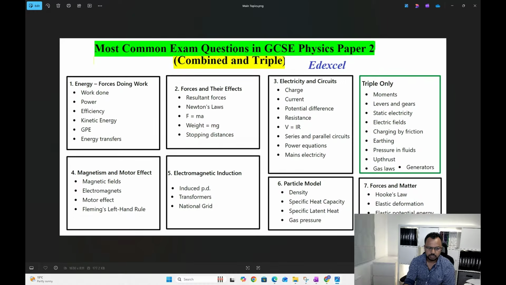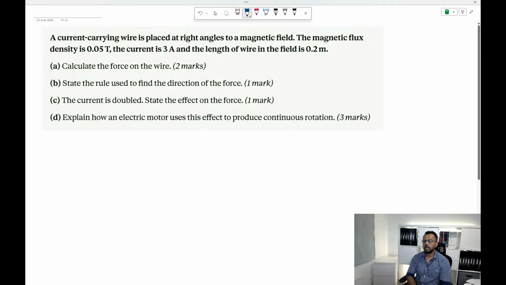Right. And another really good thing about Edexcel, guys, is that when COVID hit, schools were closed and people could not do the core practicals. Other exam boards didn't do this, as far as I am aware, but Edexcel, under Pearson, did their core practicals. So they are there. If you go to YouTube and just put Edexcel GCSE Physics practicals, they all come up.